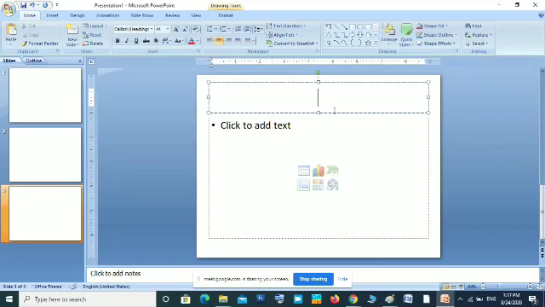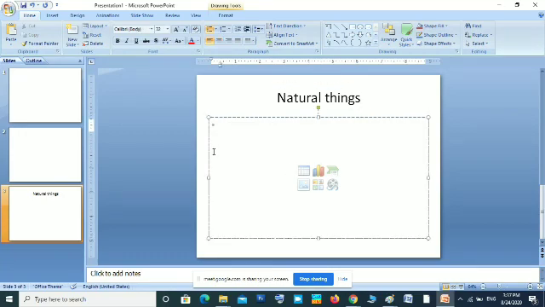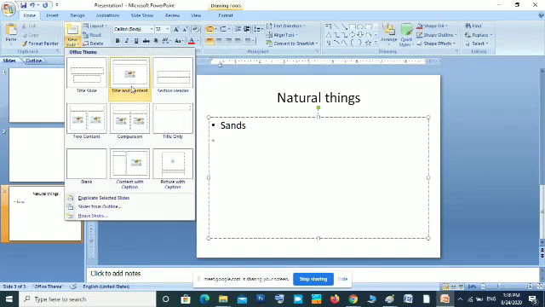Then at the bottom you can add the content one by one, or you can insert a table, insert a chart, insert SmartArt, insert a picture, all this you can insert. If you want text only, you can. So this is the layout, Title and Content.